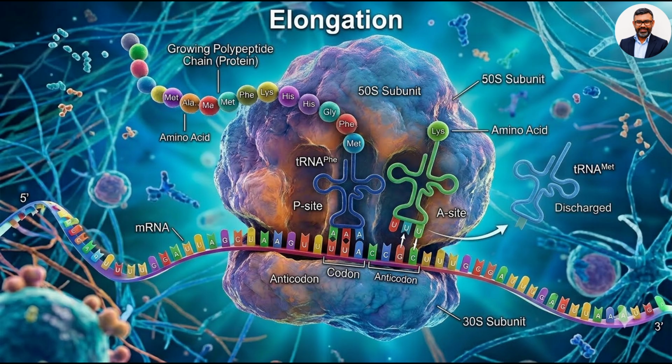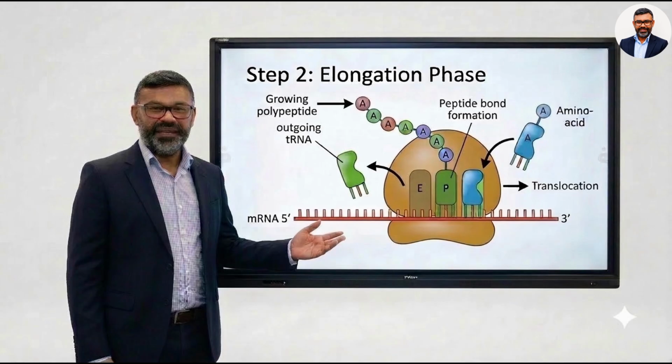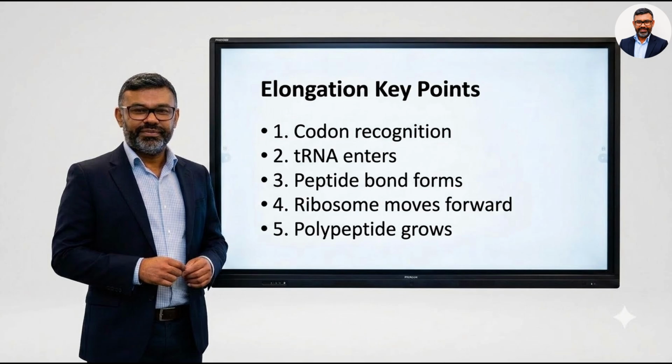A peptide bond then forms between the amino acids. Next, the ribosome moves forward by one codon along the mRNA. The empty tRNA exits, while the next charged tRNA enters and recognizes the next codon. This cycle of codon recognition, peptide bond formation, and ribosome movement continues repeatedly. As a result, amino acids are added one by one, and the polypeptide chain continues to grow until the ribosome